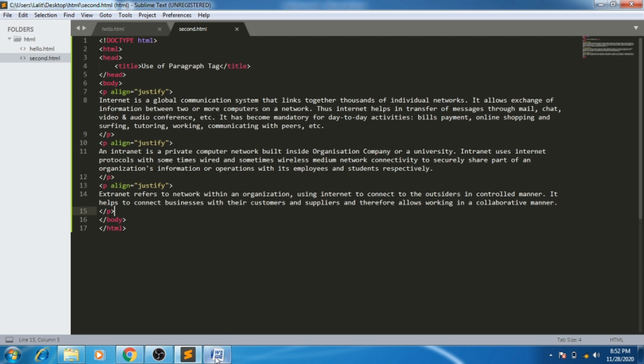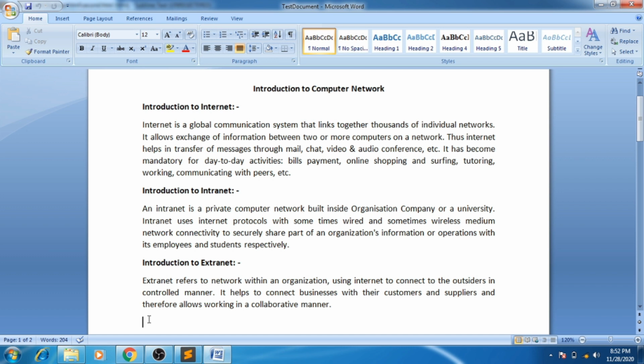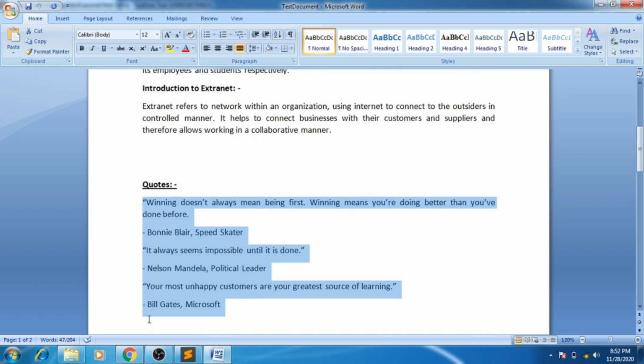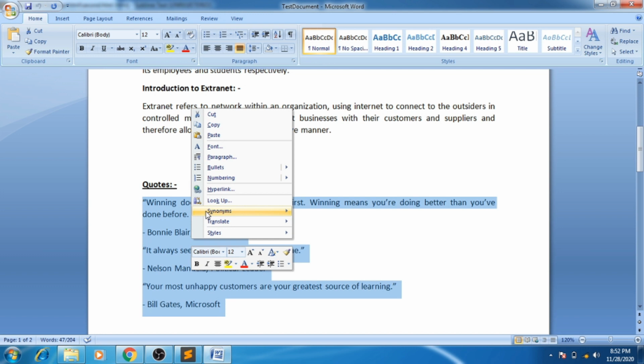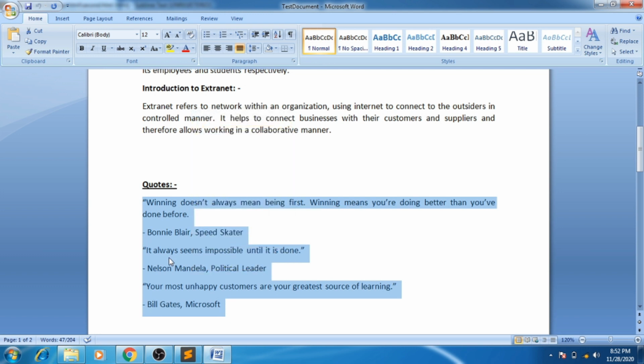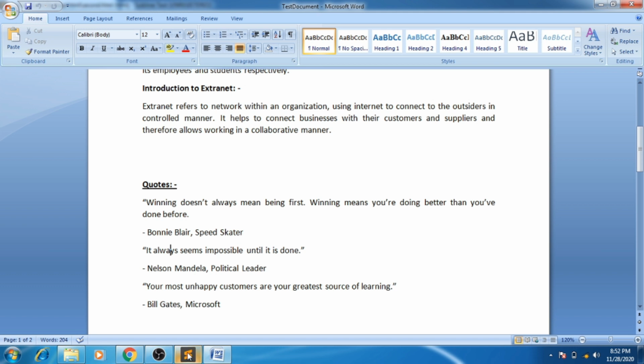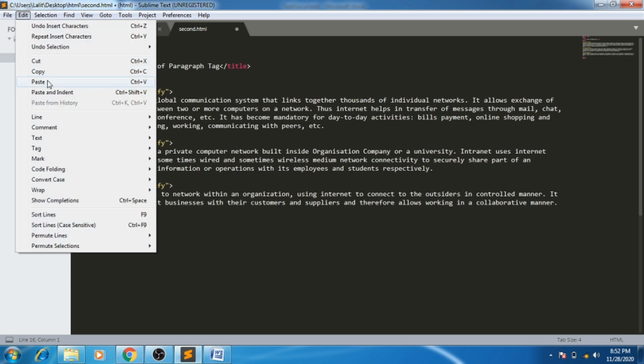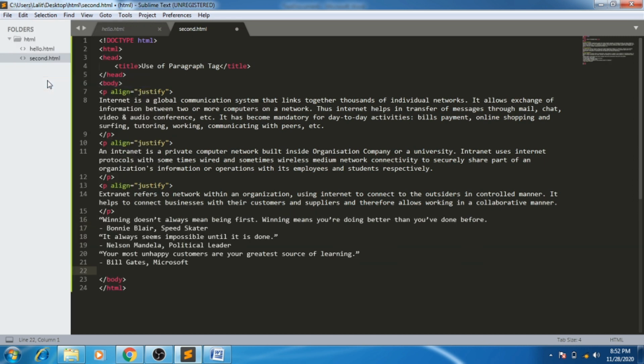I will copy some block of text from the Word file, right click, copy that and paste it in the HTML file by right click, paste option or press the Ctrl V shortcut key.